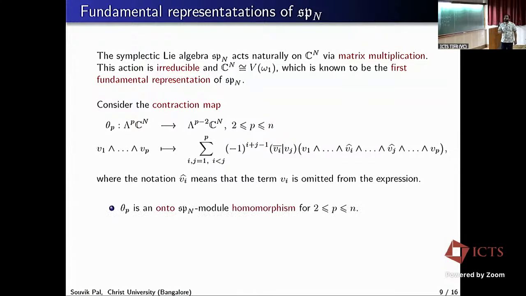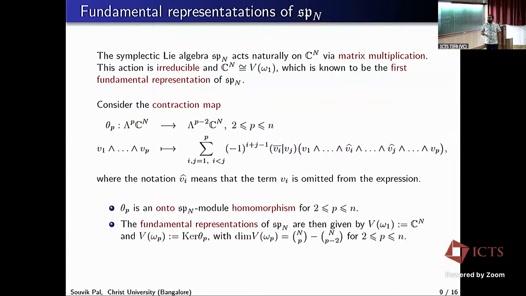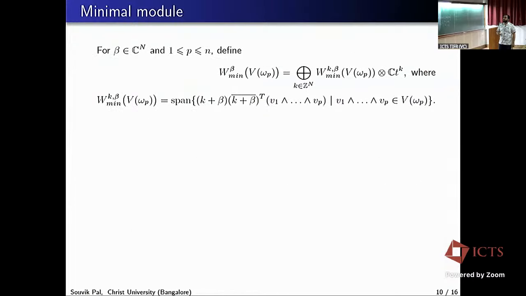Then this is an onto module homomorphism, and the fundamental representations are given by the kernel of this contraction map. So you can understand how complicated it is to work with. It's not a very nice explicit realization. That is a major challenge with working with the Hamiltonian, because these kinds of things come into the picture. So what we did, we tried to construct submodules inside those